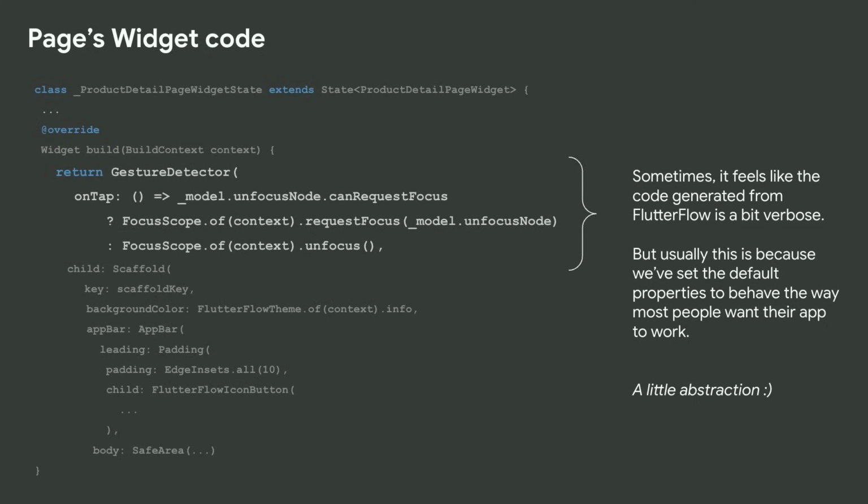But as you go in and you start digging deeper, a lot of what I've realized is that FlutterFlow is taking care of the fine-tuning of your app for you. So this is one example where we have a setting that allows you to hide the keyboard on tap for certain pages, and this is enabled by default. And what you'll see is this little bit of code for the gesture detector returned in the build method for every page. Basically, all this says is if the keyboard is open and someone taps the page, dismiss the keyboard. And it makes your app feel more natural.